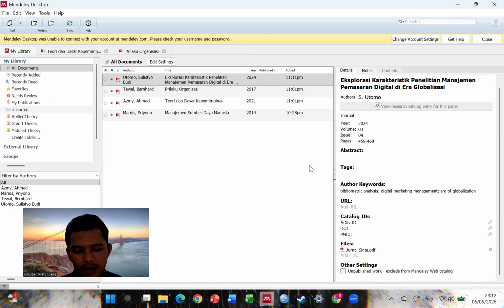Now, for the other journals, whether it's an international journal or another national one, the steps are exactly the same.